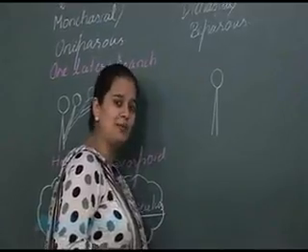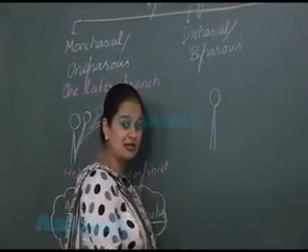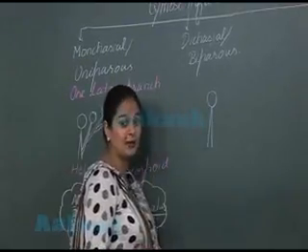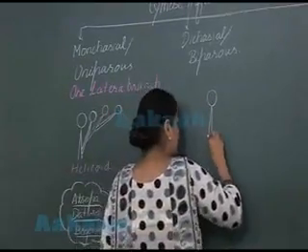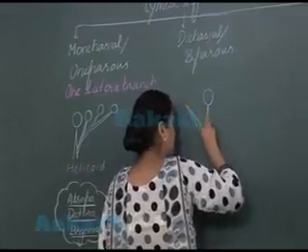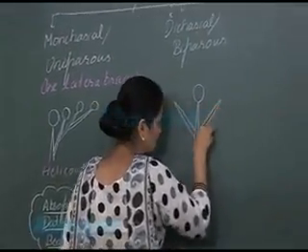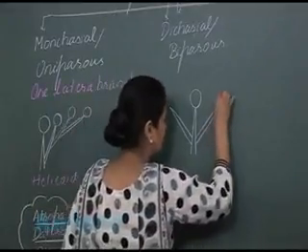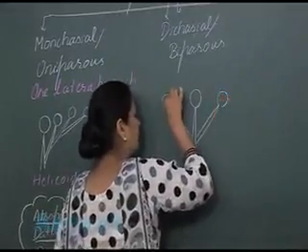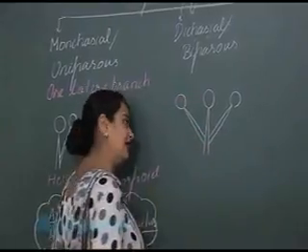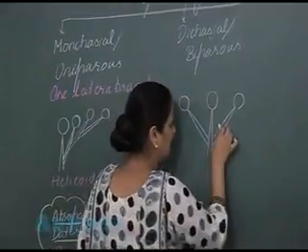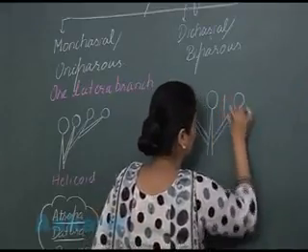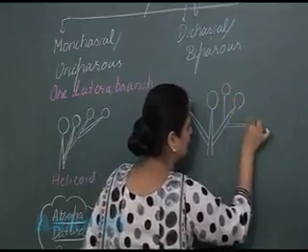So now what will happen? The lateral branches will arise, and at the tip of the lateral branches again there is formation of a flower. But in this case, two lateral branches will arise. So now the two lateral branches are arising. The tip is again occupied by the flower. Now again what will happen? Here also two lateral branches will arise, and at the tip there is formation of a flower.